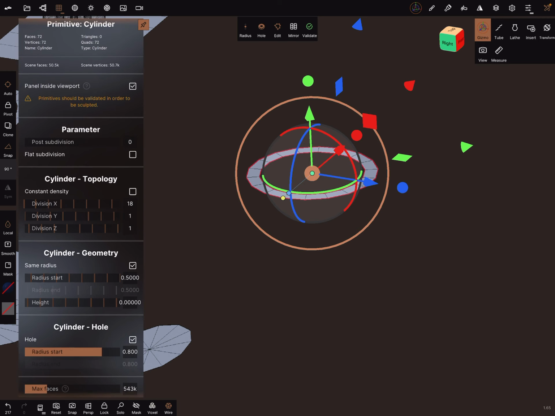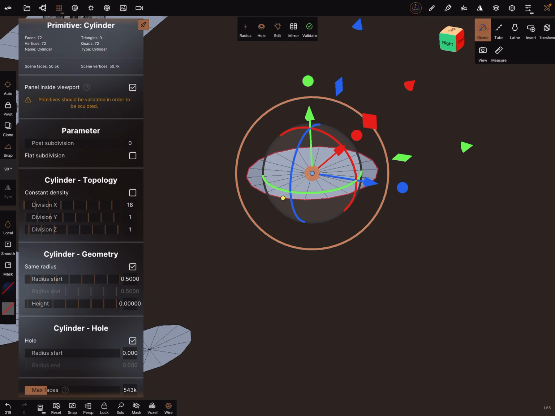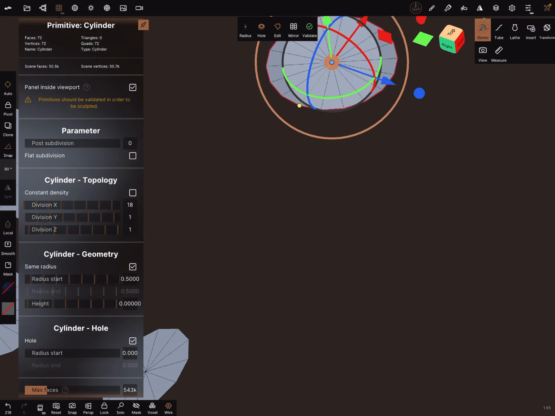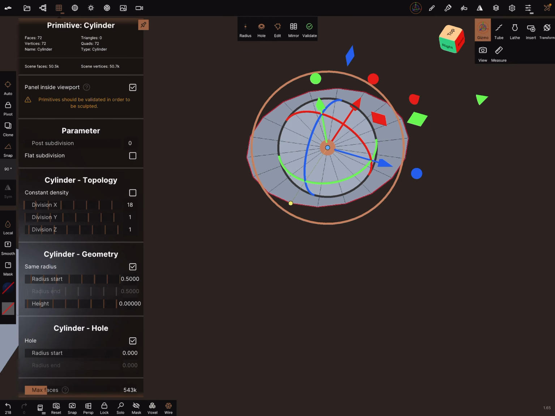And you can add a hole, reduce the radius, and now you got a grid for a circle.